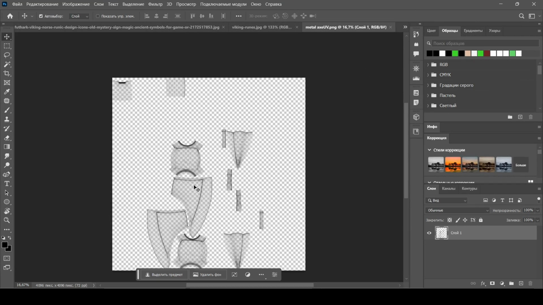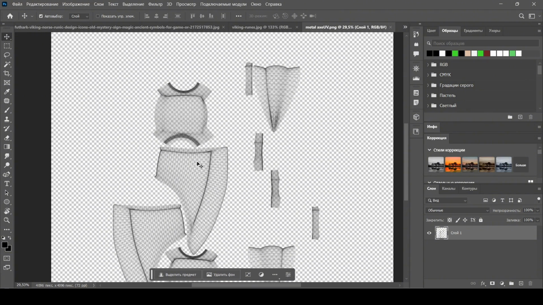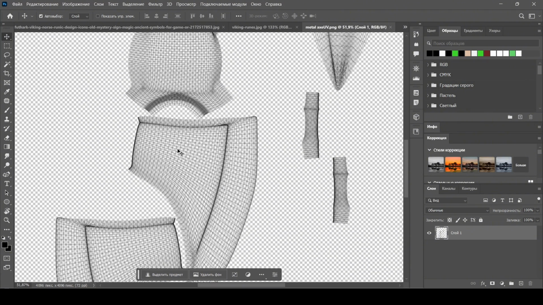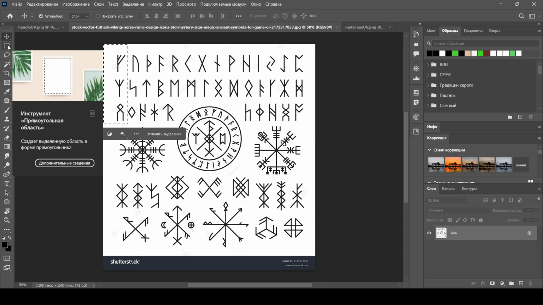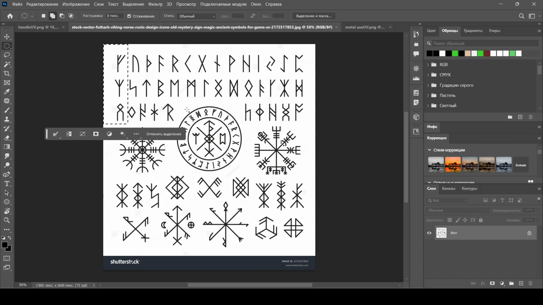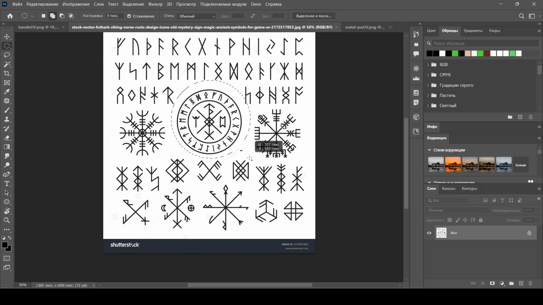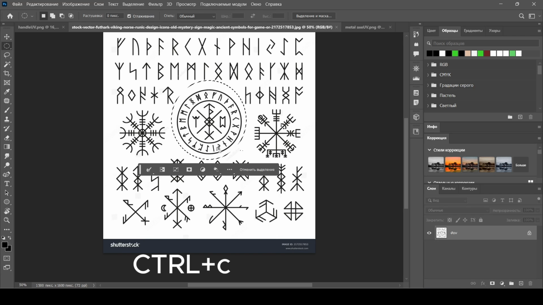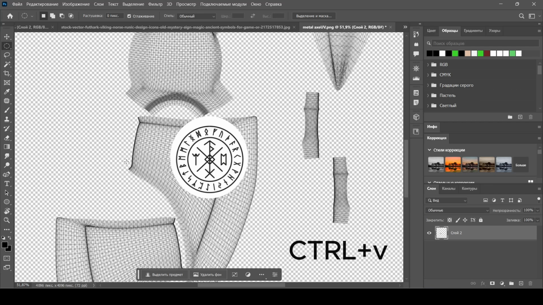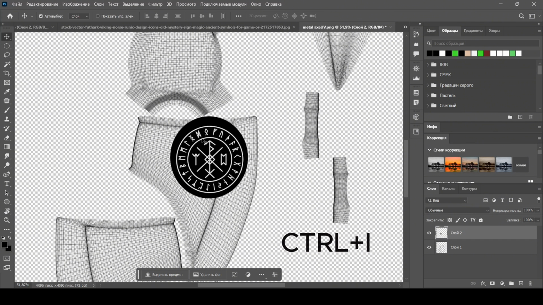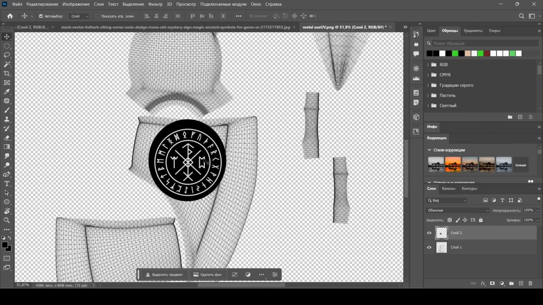And so, now we open the image of our UV map, and in the next window we open the logo that we want to apply. This is the image I downloaded from the internet. I take the round selection tool and with the shift key pressed I select the circle around my logo. I don't need the selection to be super perfect. To quickly copy I press Ctrl-C, then I go to the image of our map and press Ctrl-V. Now I press the Ctrl-I combination to invert the image by colors.